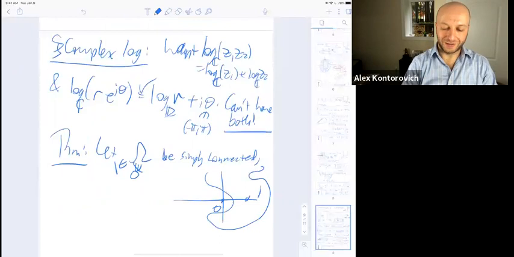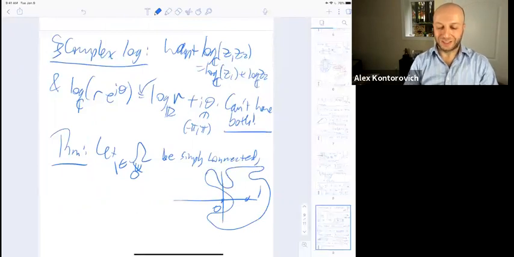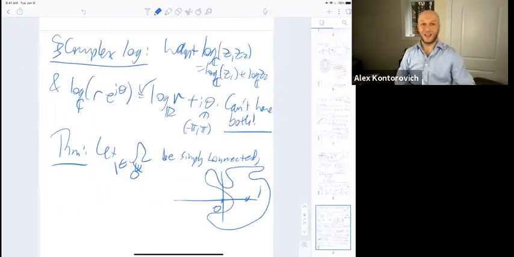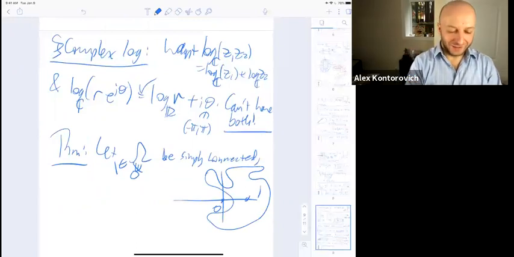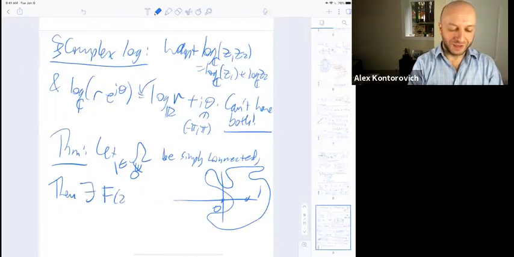Whatever omega is, it needs to be simply connected and contain 1 and not 0. Then there exists a function f of z, which you can think of as log on omega of z, holomorphic on omega,